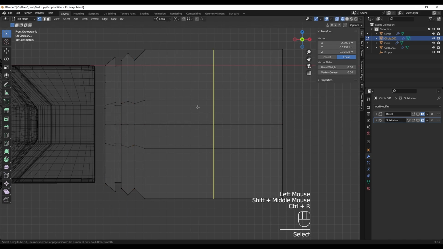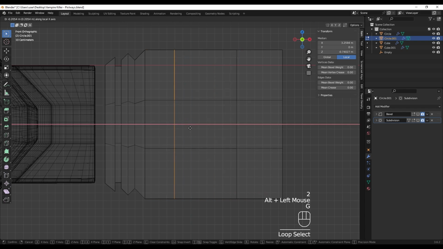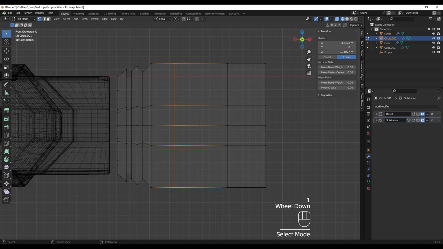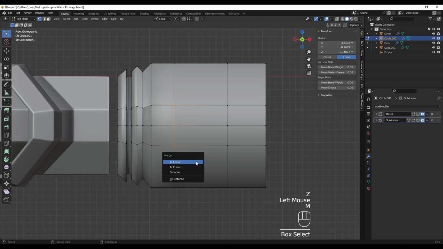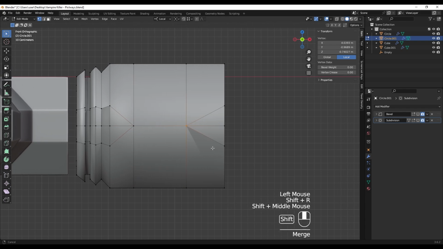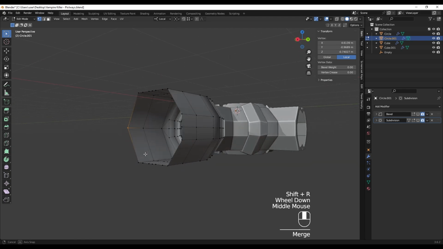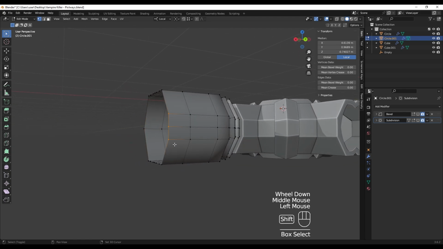Now I'm going to add 2 edge loops here. One of these, I'm going to move this closer and select these, M and at center, also these, Shift R, and also these 3, Shift R. Same thing to the other side,